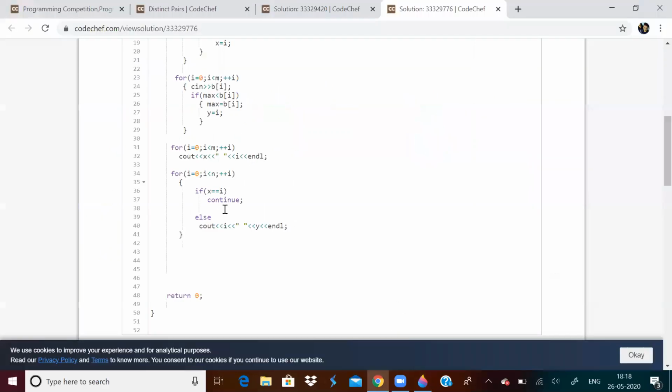Over here, I'm going to complete that. I am going to print the index of the maximum element of array B with all indices of array A, except the index of the minimum element, because I've already printed that here. So let me show that to you.